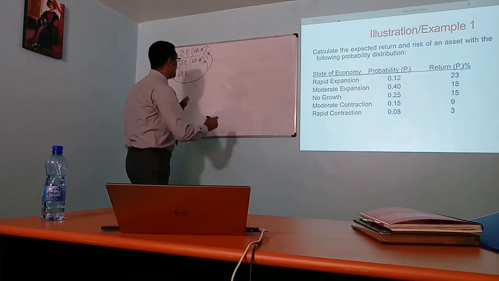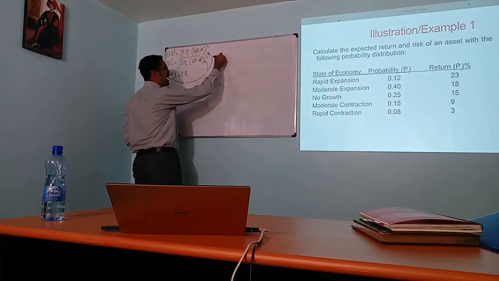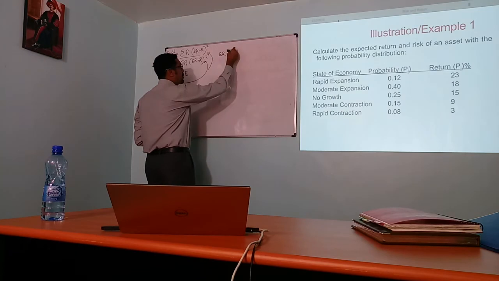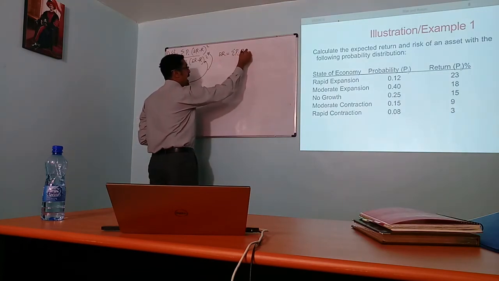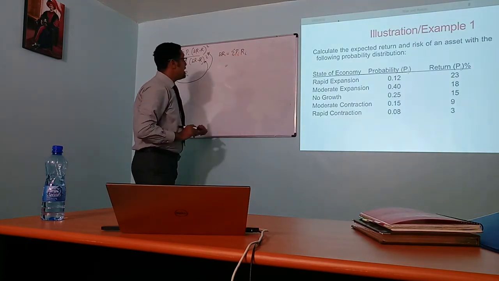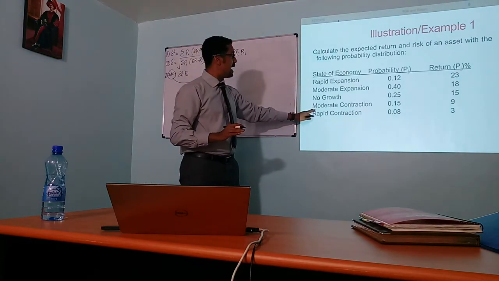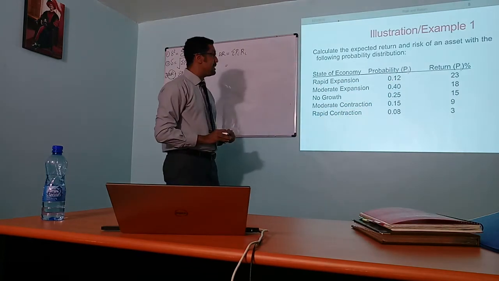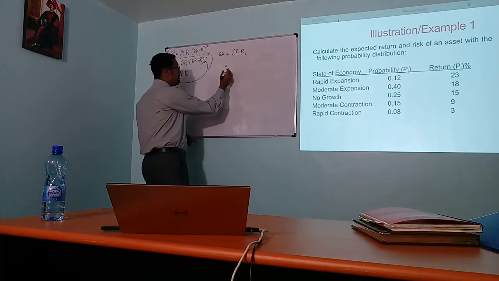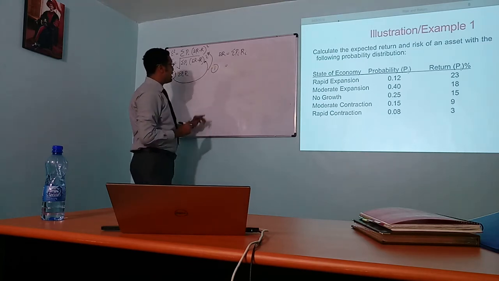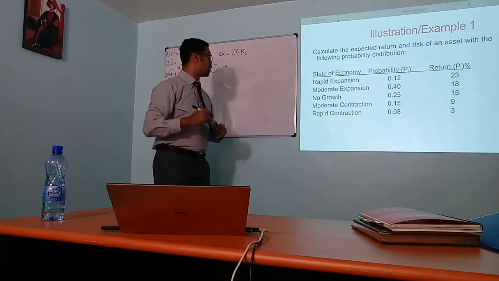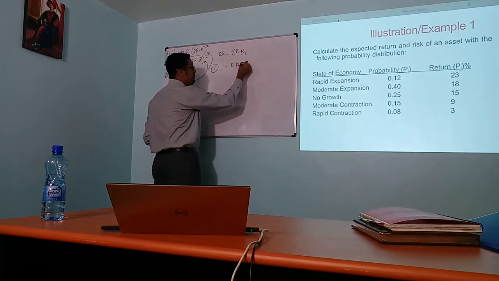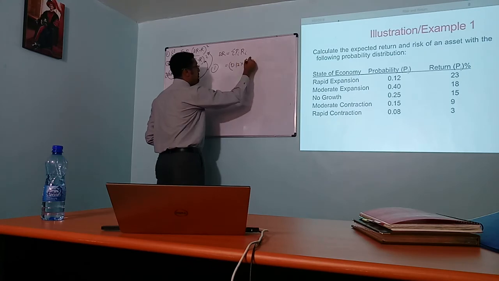You could have it from the formula. We said the first step is to calculate expected return. The formula is given as the summation of Pi Ri. So we know it is the summation over all these economic situations of their probabilities multiplied by the expected returns. Let me do the first approach, the raw approach, whereby you take 0.12 multiplied by 23% as given there, plus